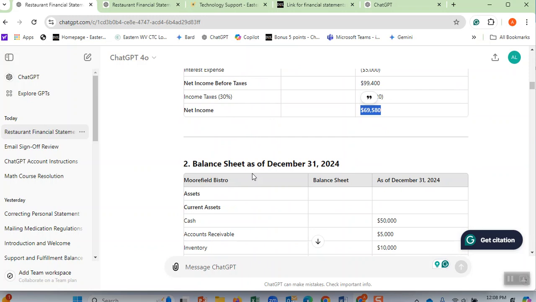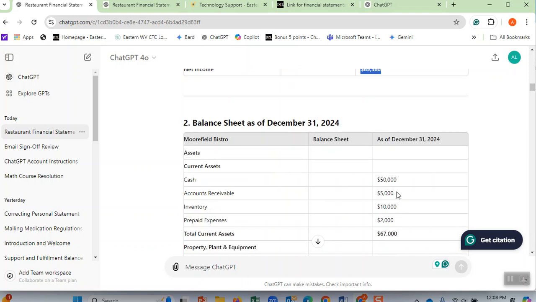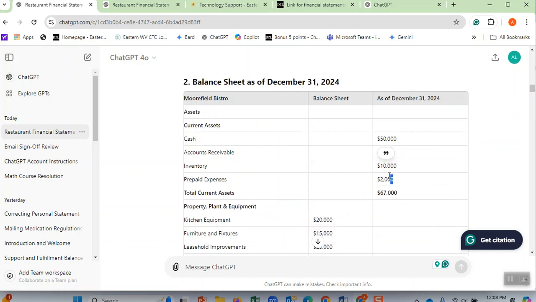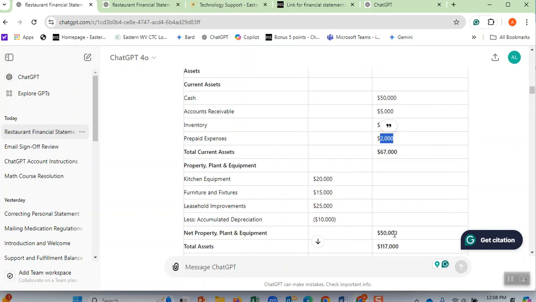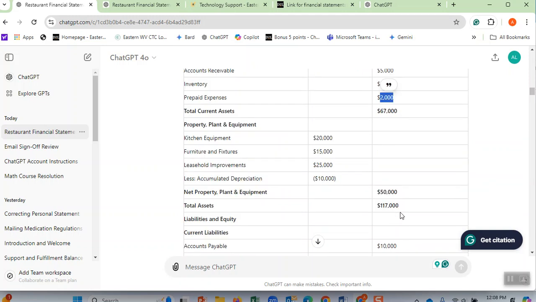Now I come here, the balance sheet. We already talked about the balance sheet. I have some cash. I have accounts receivable, which means some customers owe me money, or credit card companies have to send money. I have inventory, meat in the freezer, and I have prepaid my insurance. And also I have some equipment. These are just like the cab driver who had a cab. The total assets of my company are $117,000.